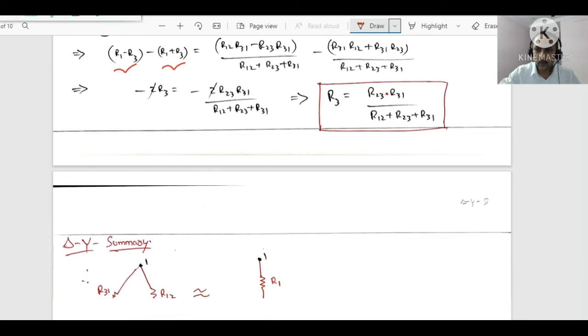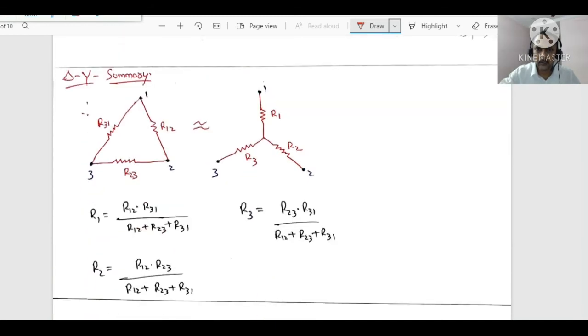So dear students, what I want to tell you is, for example, if you are given a delta like this, and if you want to find its star, while finding R1, it is a product of these two, denominator same. If you want R2, observe, it is the product of these two at the second node, R12 into R23 whole divided by the sum. If you want R3, it is the product of these two,